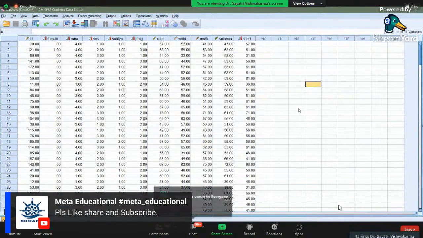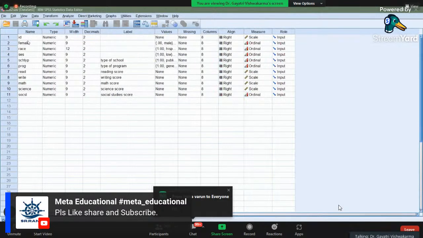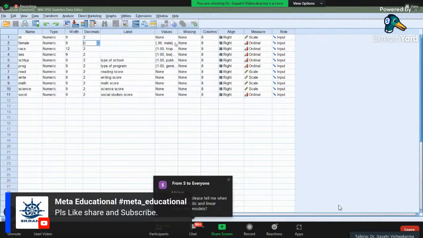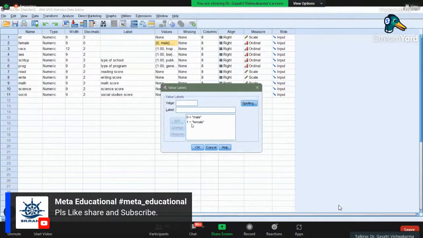So you people have got exposure to SPSS, so I'm not going to explain that there are two windows, variable view and data view. That is not required. So let's go to the variable view and see how many variables we have and what is here. We have a small data set, and we have one gender variable which is defined by female. Why is it defined by female? Because we are female centric. I love this statement.